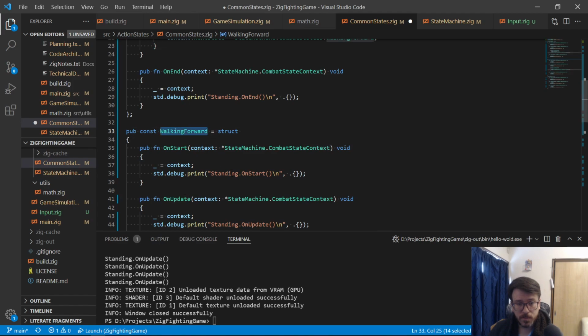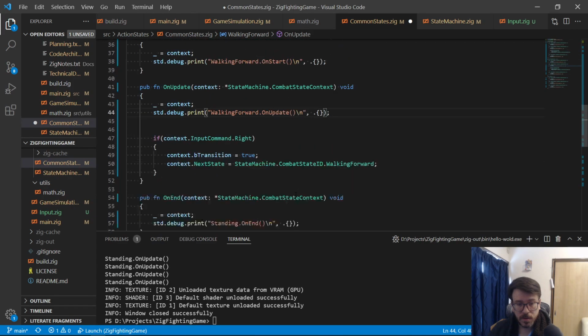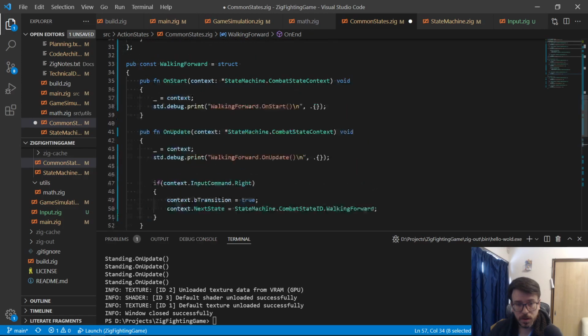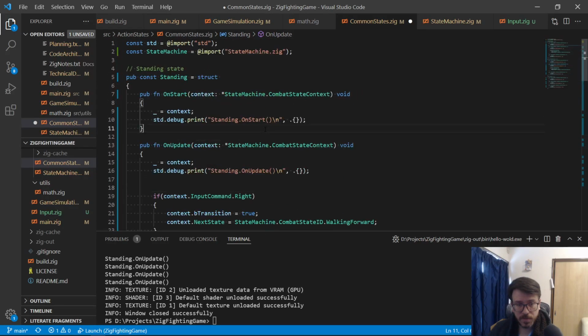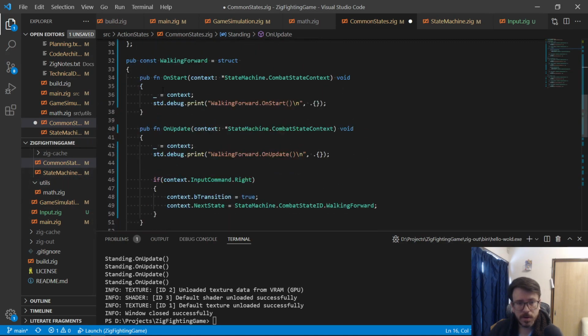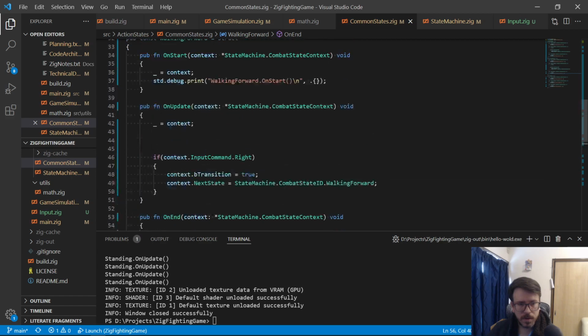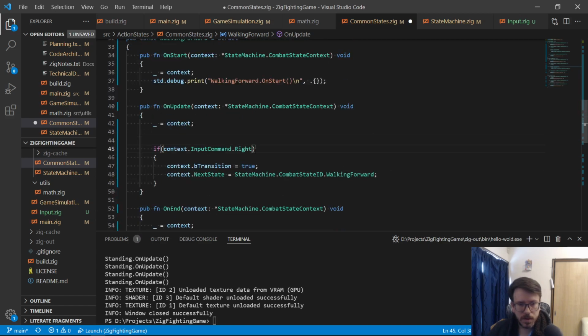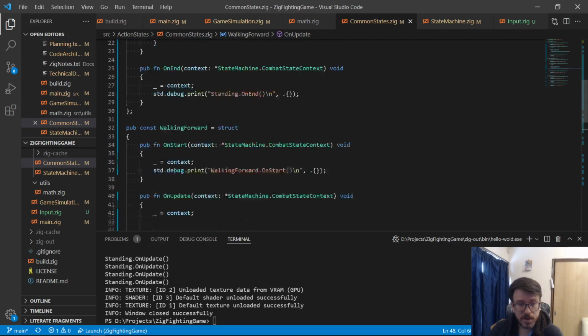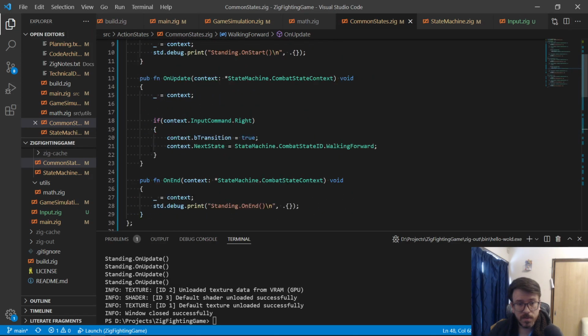And let's say walking forward on here just to say everything's kosher. And I'm just going to get rid of these update printing because it's very verbose. So walking forward on update, then on end, just so we can see this is working. Okay. So when we're not holding input command right, we'll return to state machine standing. Okay, so we got the transition to walking using input here,